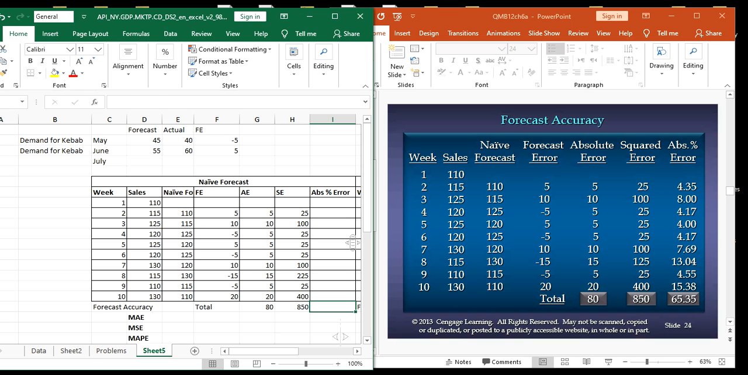And we have the percentage change of absolute errors. So how do we calculate that one? We have the absolute error divided by